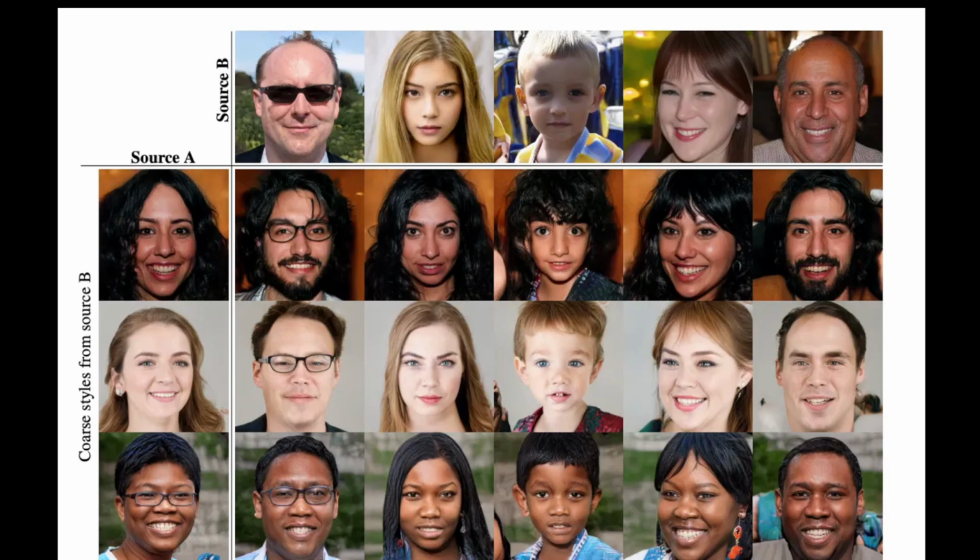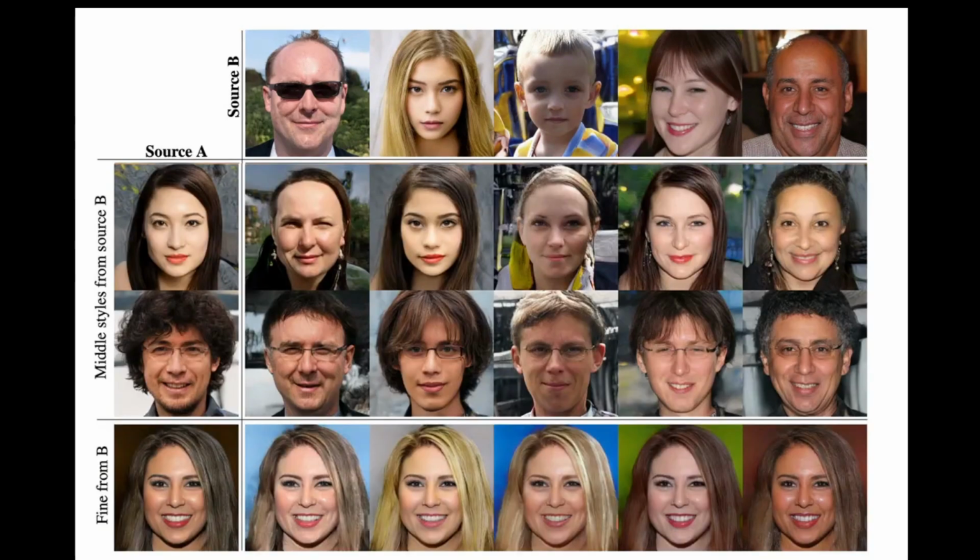If I instead choose something a little bit further down the pole, then I'm more or less taking everything from here and only changing very coarse stuff from here, right? So for example, if I look at the very lowest column, this woman's face is not really changing, but I'm inheriting the coarsest stuff I can from this source. So she doesn't become a baby or anything, but she gets blonde hair and the background turns kind of blue, to correspond to the coarsest stuff going on in source B, right? And then in the middle, you get these kind of